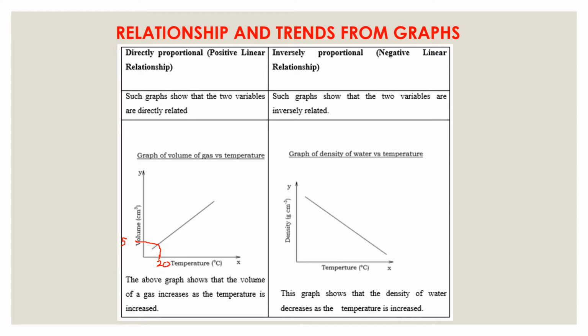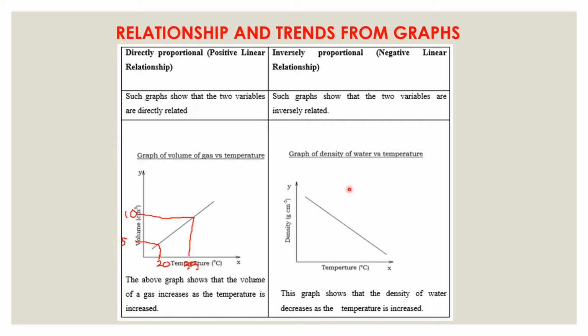And then if the temperature increases up to, let's say, 30 degrees Celsius or maybe 35, what is going to happen to the volume on the other side? As you can see, according to the graph, as the temperature soars up to 35 degrees Celsius, so does the volume. So let's say the volume here becomes 10. So as the temperature is increasing, the volume is also increasing. That is showing a direct relationship. On the other hand, this particular graph here shows an inverse relationship or a negative linear relationship.